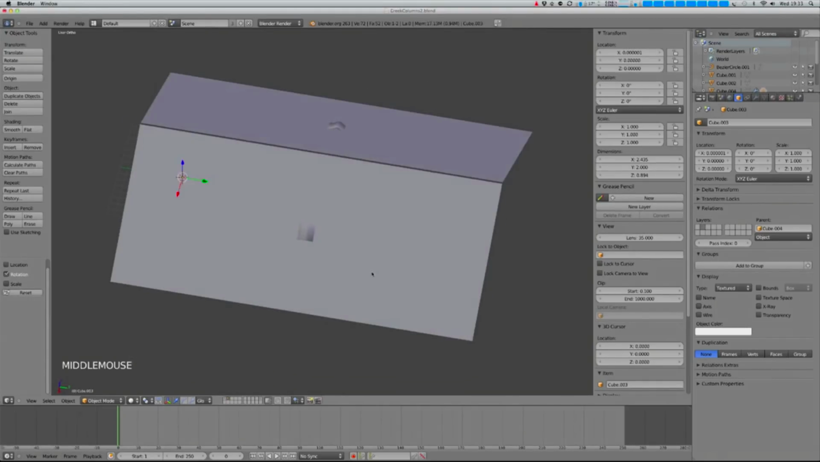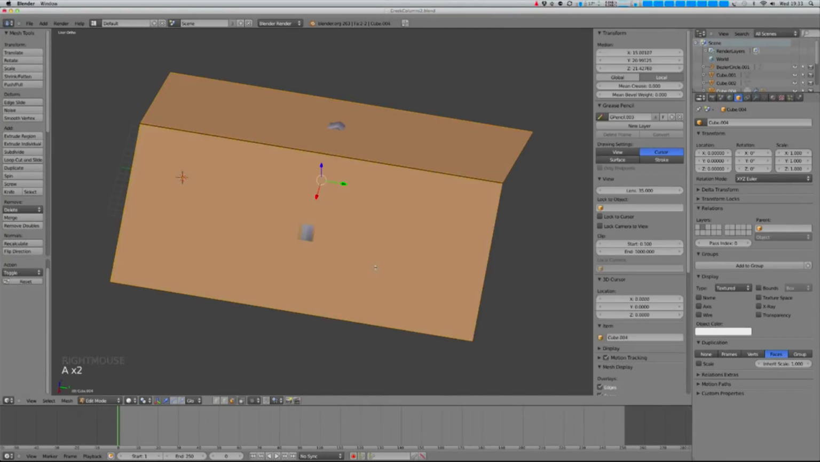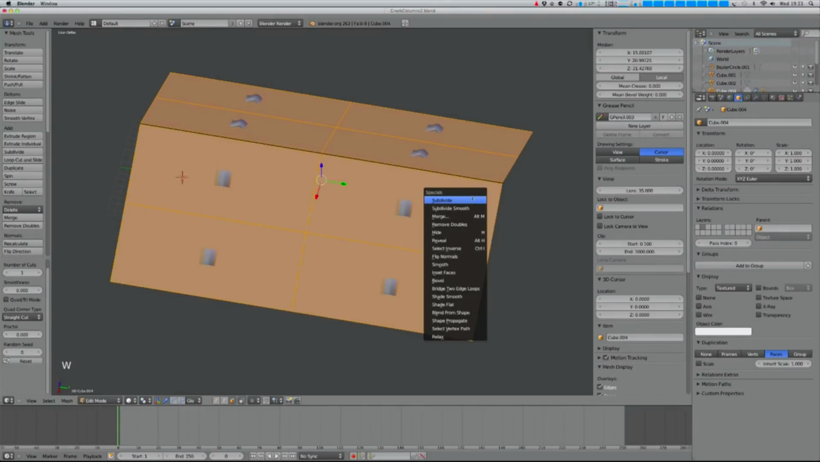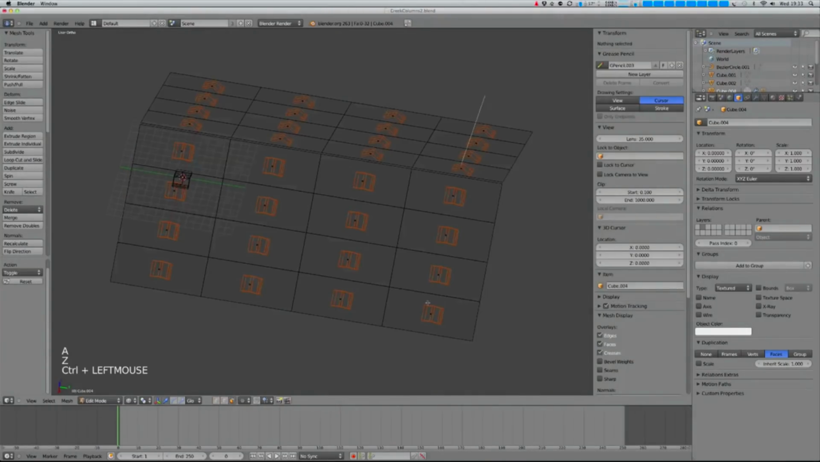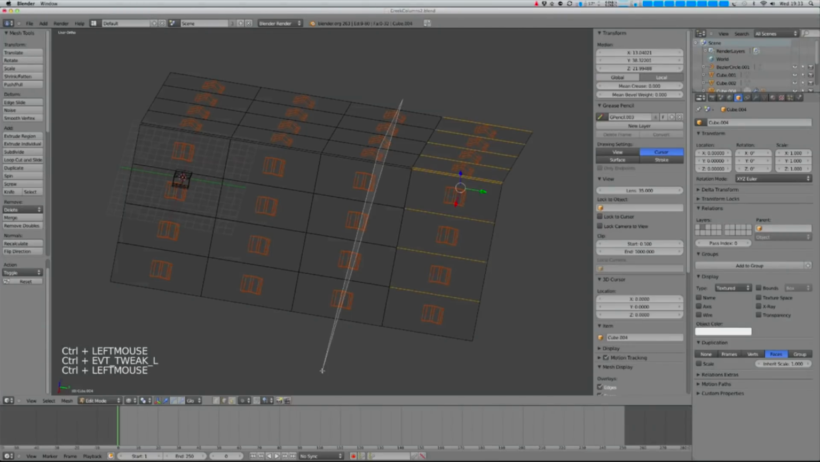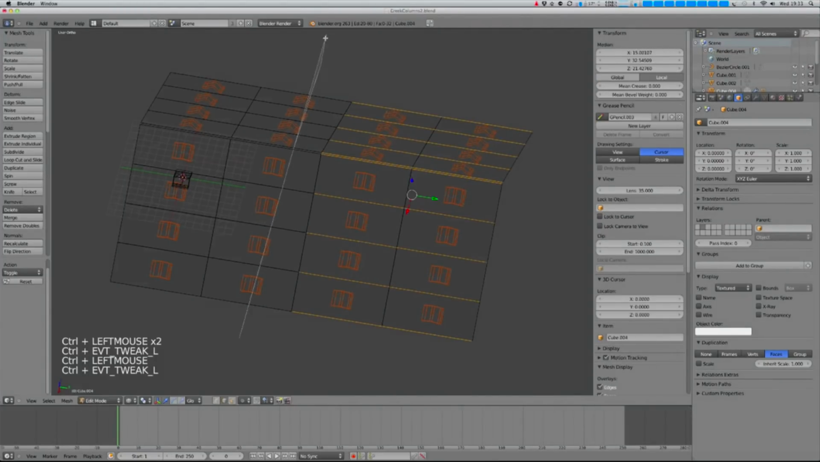So now I need to repeat this tile over the roof. And to do that, because I'm using duplicate faces, it's very simple. I can just subdivide and subdivide. And then I'm getting kind of rectangular faces here. So what I want to do is just select these